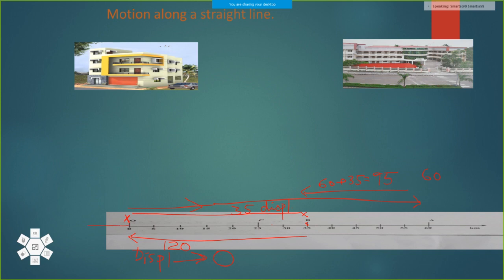And if you move towards the negative direction, if the scale is 5, then the distance again increases. It becomes 120 plus 5. But what about the displacement? Displacement will be this difference only, 5 kilometer in the opposite direction, negative. So the negative sign indicates the direction of a vector quantity. Clear?